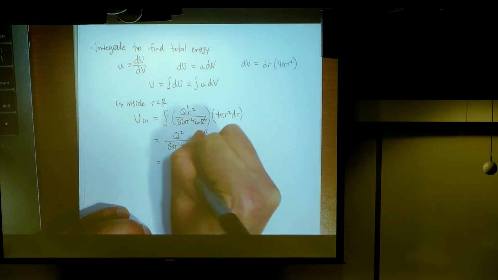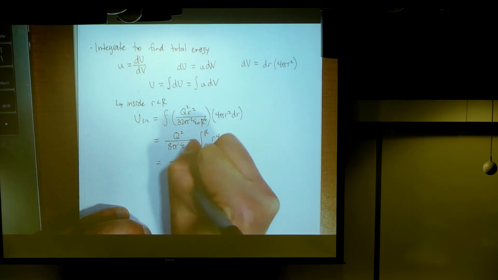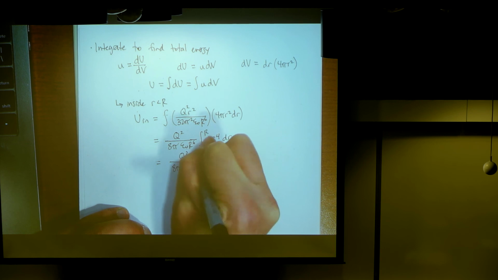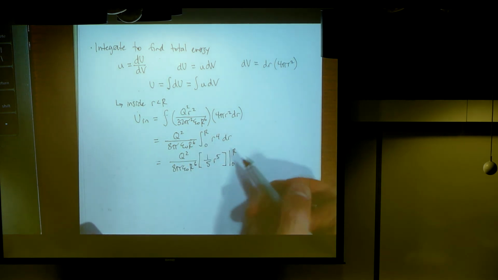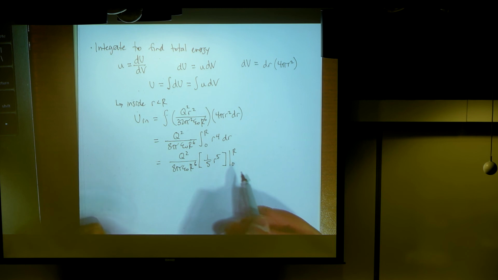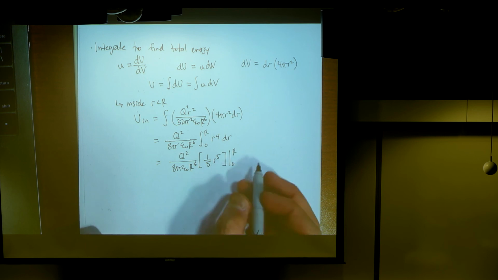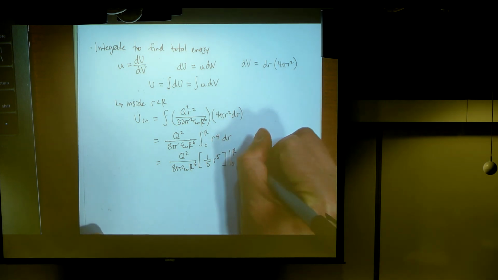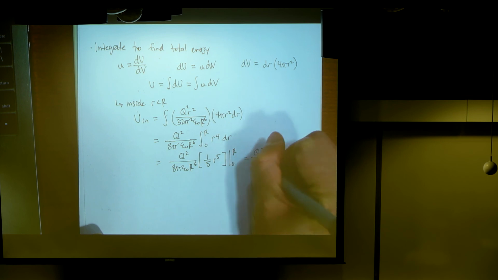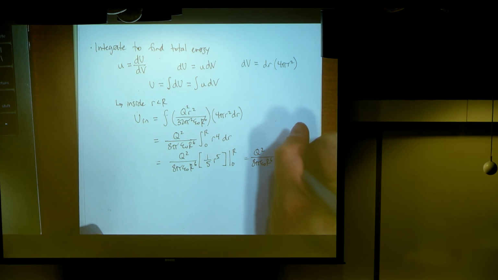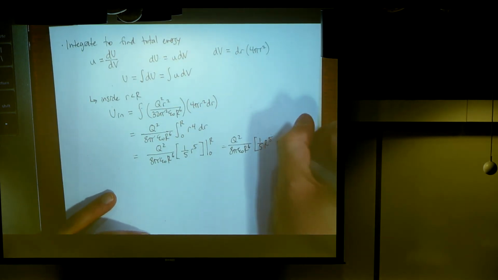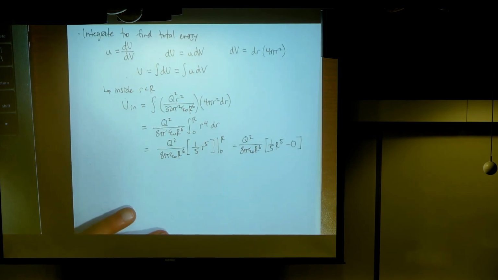And then we have these constants, same as before. So look, we know that when we plug in the bottom limit, we just get 0, right? We plug in the top limit, we get 1/5 big R to the 5th power, right? So I'll just write that out real quick so we know. So same constants out front. And then 1/5 big R to the 5th power minus 0. So overall,